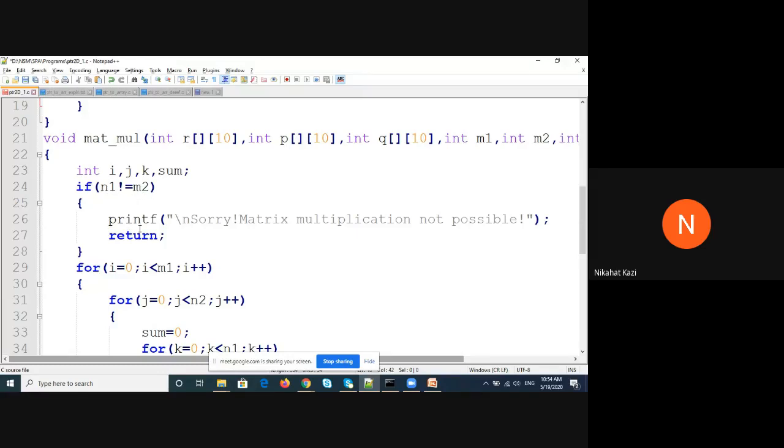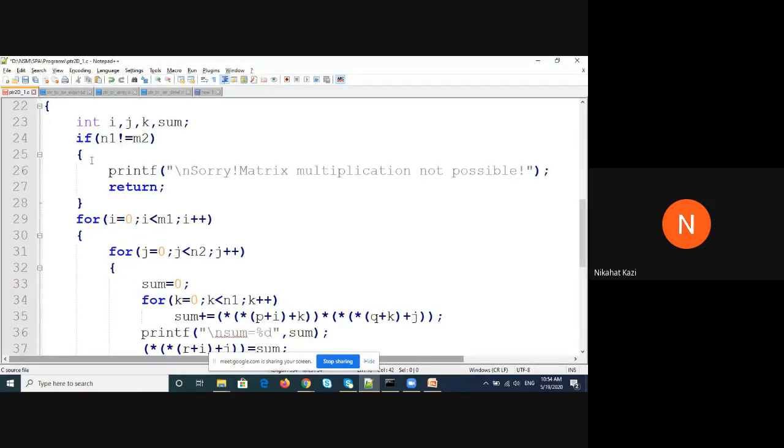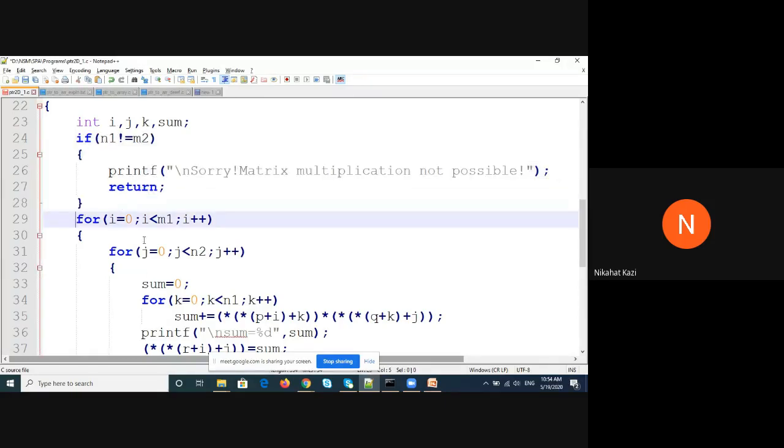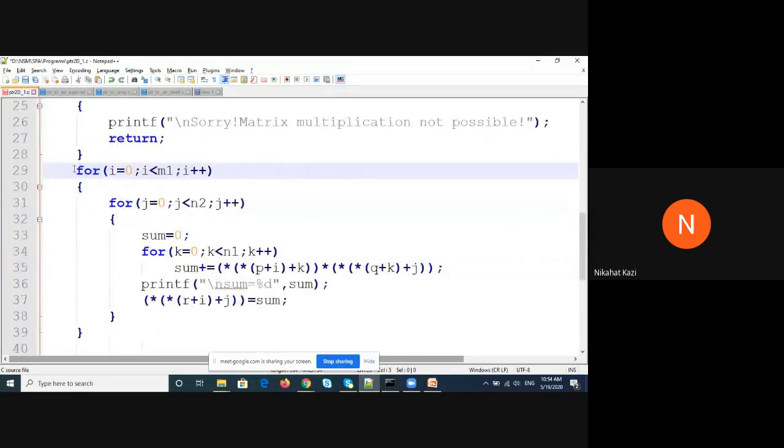If it is not, you cannot multiply the two matrices. The number of columns of the first matrix should be equal to the number of rows of the second matrix. Otherwise, you cannot multiply them. Once this condition is false, it will come here. Otherwise, it will return from this function without multiplying.